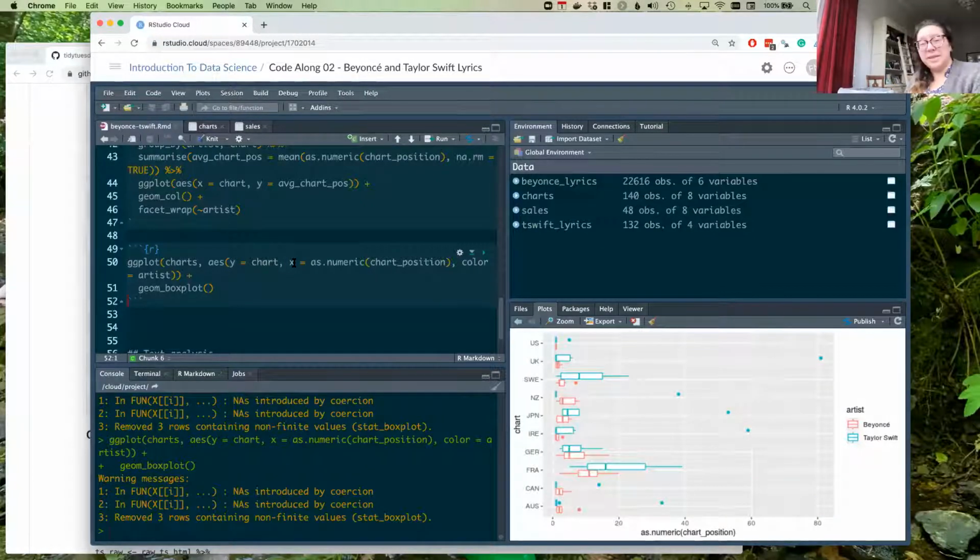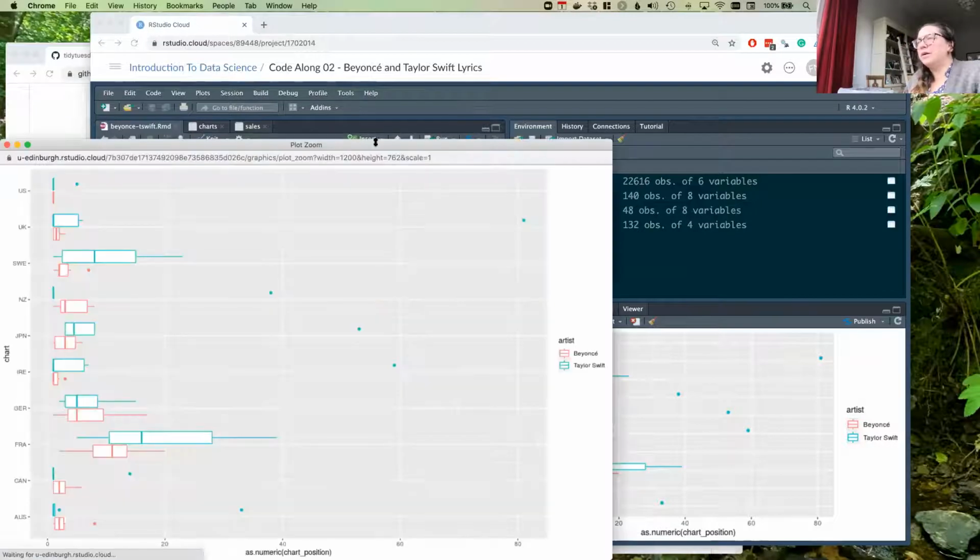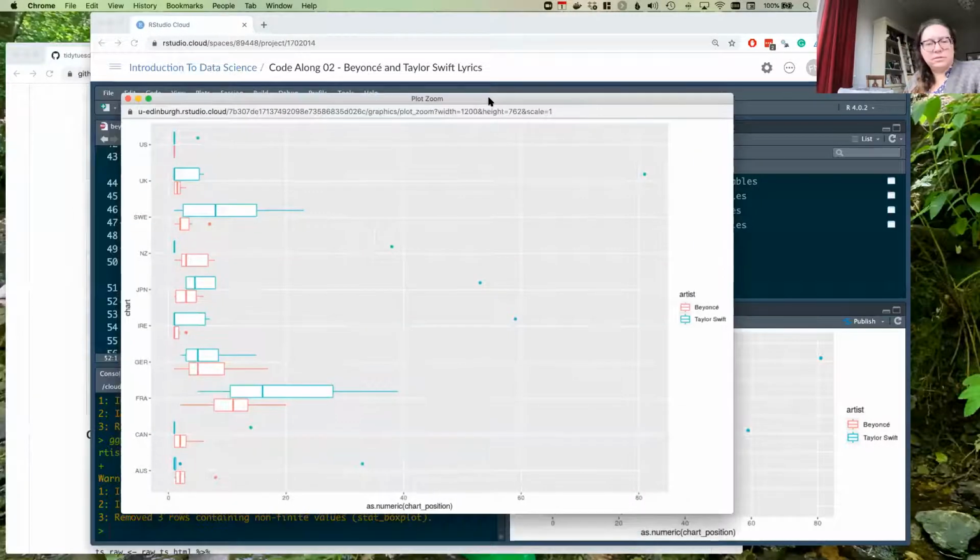And maybe this is a little bit easier to read. So what are some insights that we might gain from this? If I pop this out, is this still visible? Yeah, okay, great. So let's take a look at this a little bit bigger. What might you say about, so what was each observation in this data set? It was an album, right?